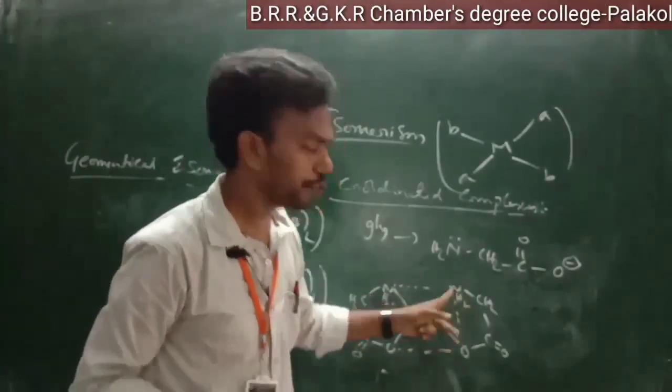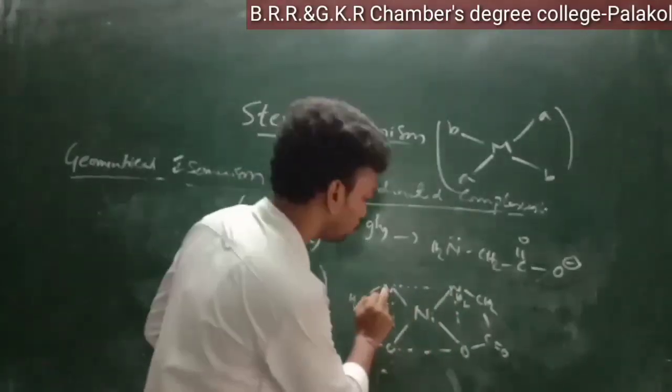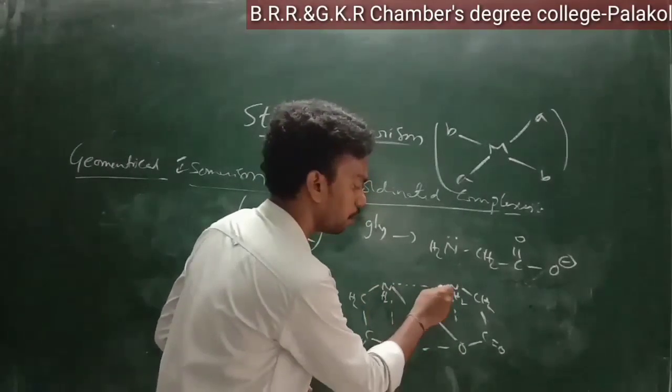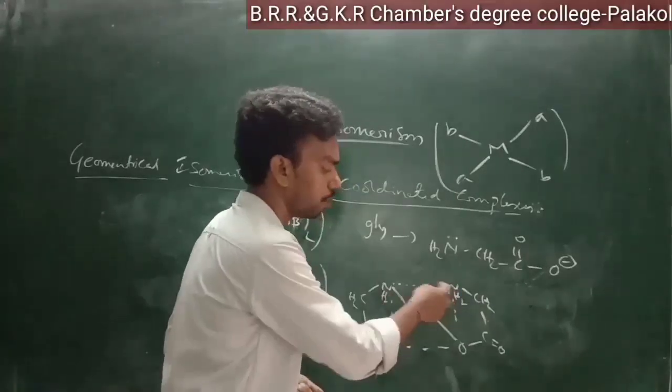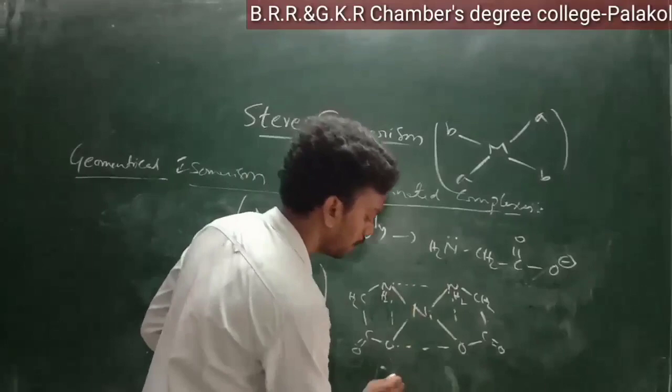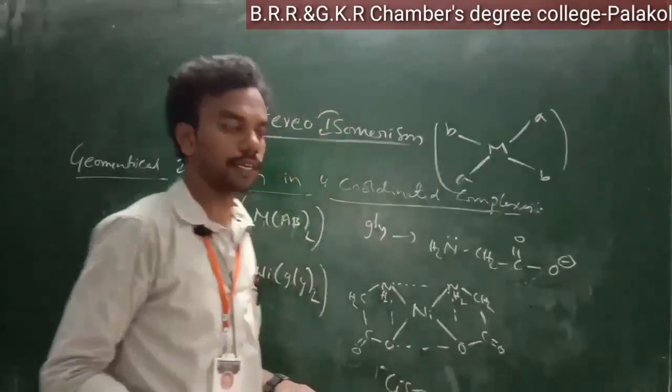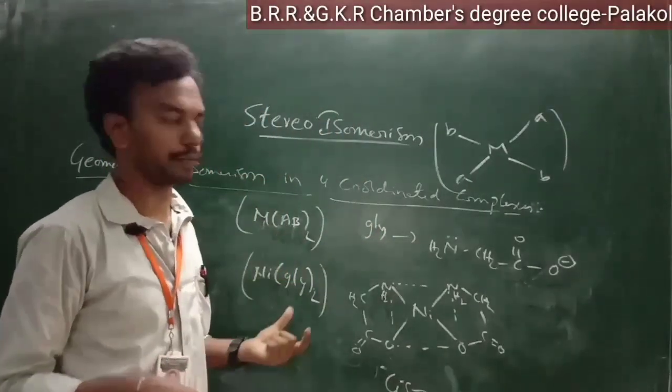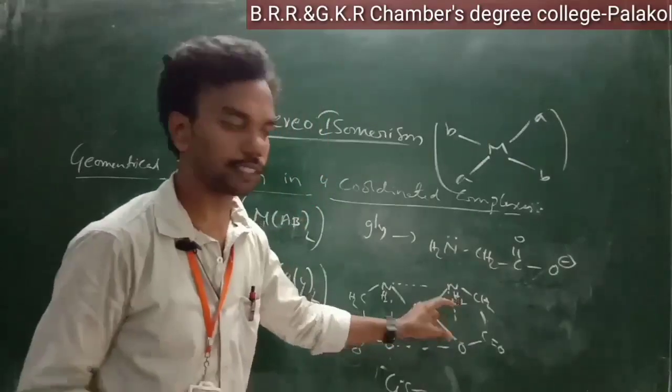If you interchange these 2 ligands, this isomer has the same donor sites, nitrogen, on the same side. Here also nitrogen, here also nitrogen. So this isomer is a cis isomer. This complex exhibits geometrical isomerism, because if you interchange these 2 ligands,